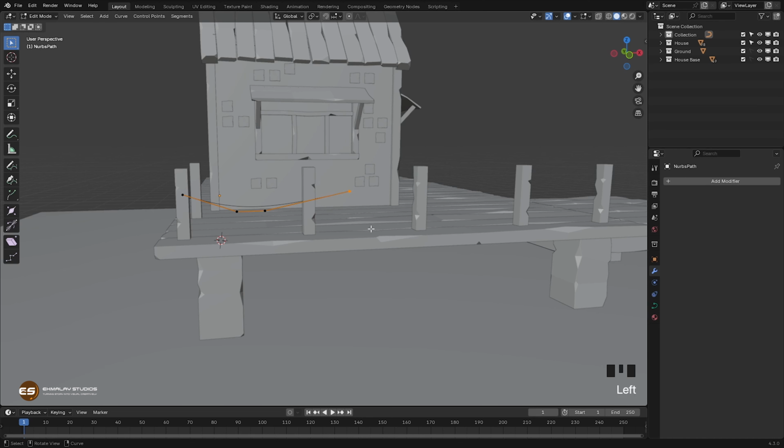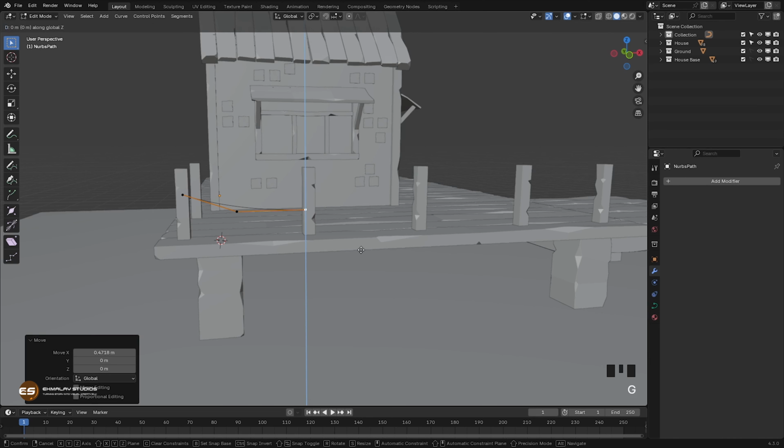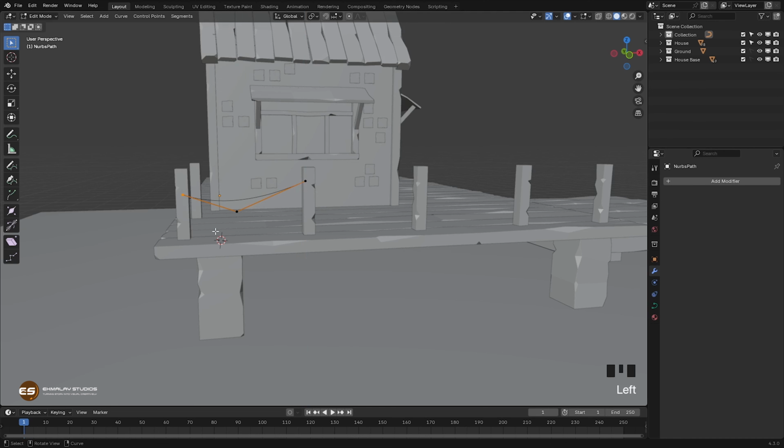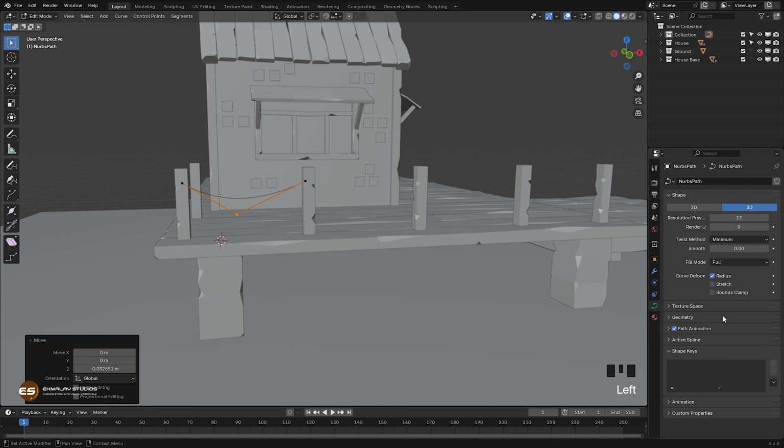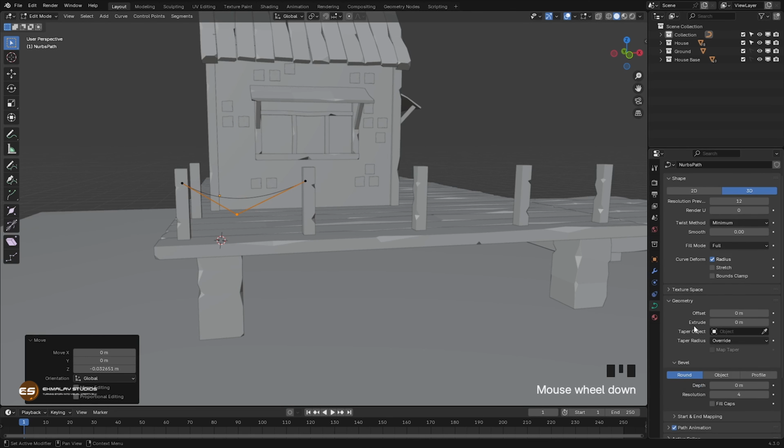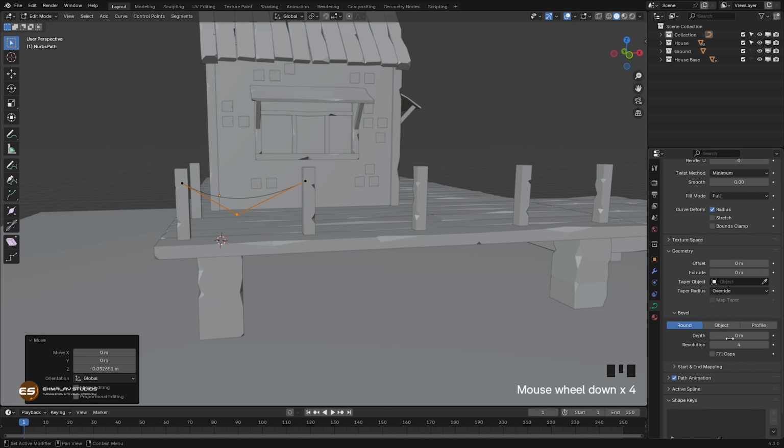Probably we don't want this one as well, so X and delete that one, and G and X, G and Z, move it up, and this one, G Z, move it up like this, and G Z like this. And let's go to the detail and geometry, and from here you can give the depth, so the thickness,